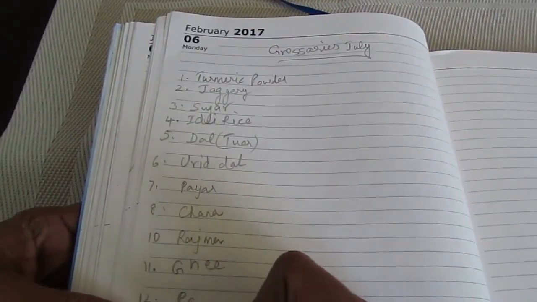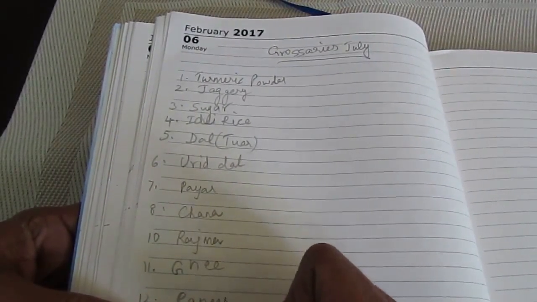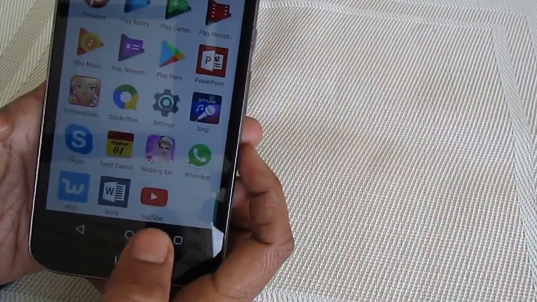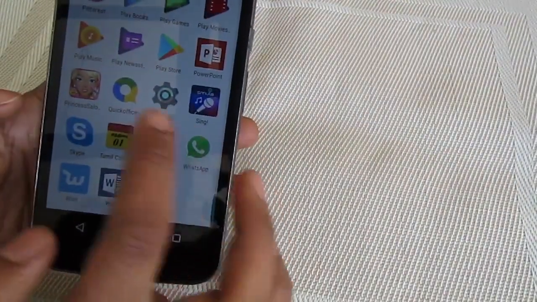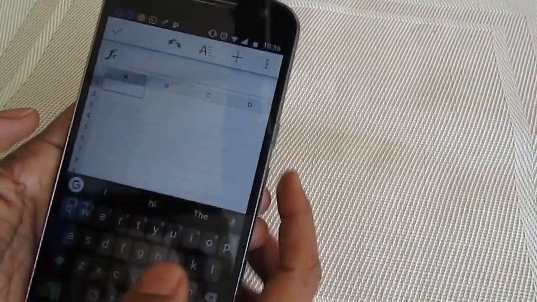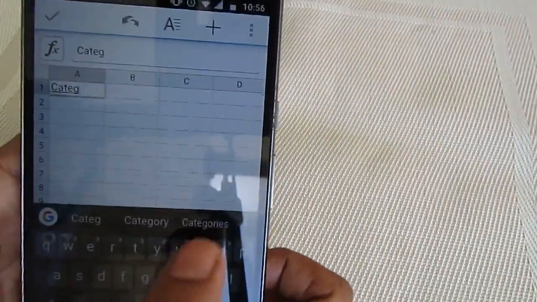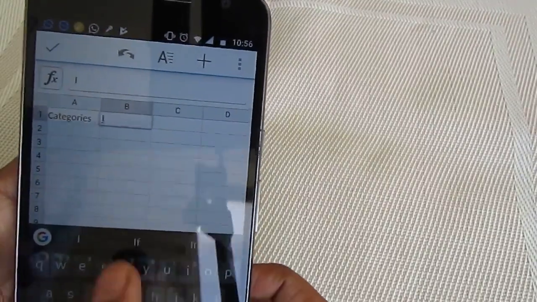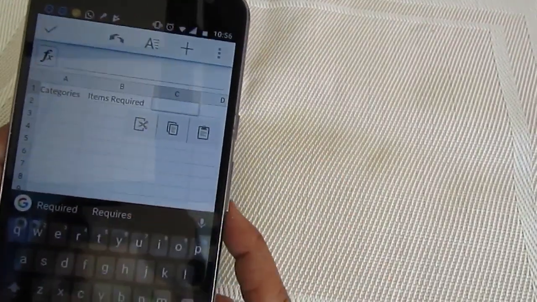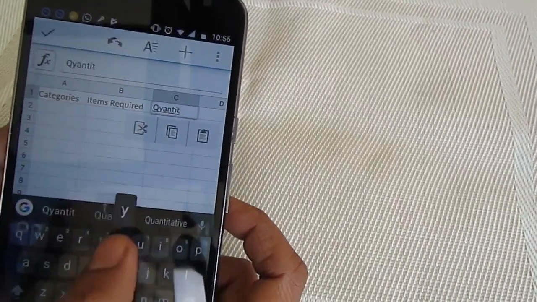So I used to make a list of items I needed on a piece of paper earlier, but invariably I would forget that list on the kitchen table itself and forget buying many things that I badly need for the month. So I thought storing my list in the mobile phone is a good option because it is very rare that I forget to take my phone with me. So I started with creating a quick office spreadsheet, creating columns like categories, item needed and quantity that I need